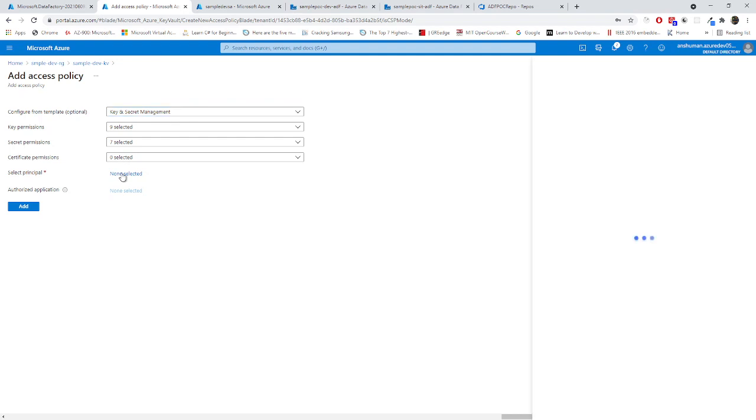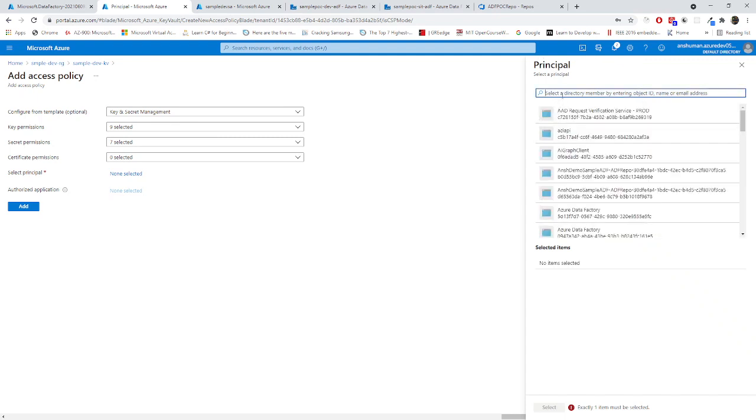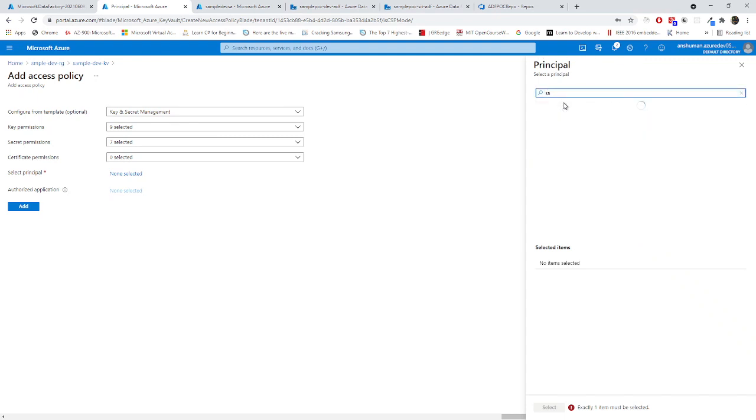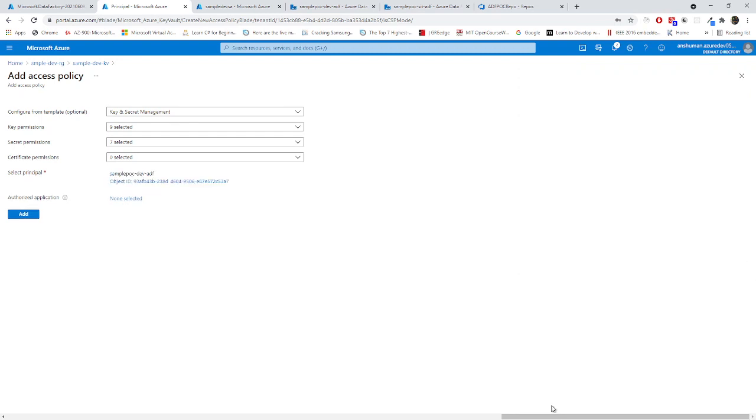And in service principal, select principal, we can select it, and here we should get the name of ADF. Let's just wait so that it will be okay. What is my ADF name? Sample POC dev ADF. Now it pops out. Now I am giving the access to this ADF.